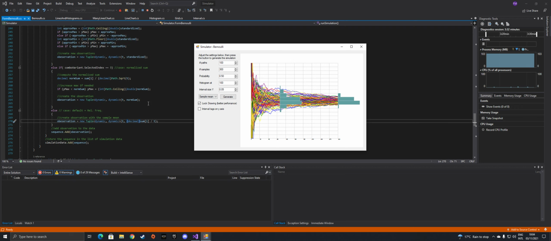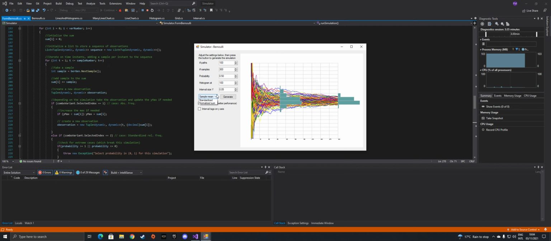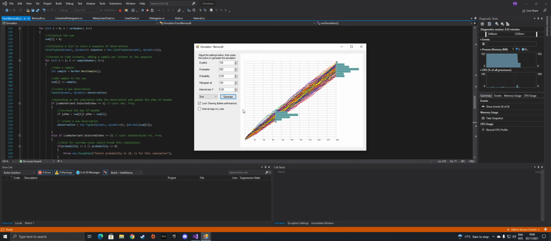Then we have the other option, which is the sum. For this one, we are only taking the sum, so we need to increase the interval sizes, because we will result in much bigger numbers. And if we press generate, we can see that the behavior is quite different. Instead of converging to a single value, here these paths are diverging,